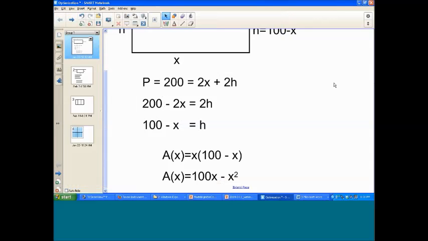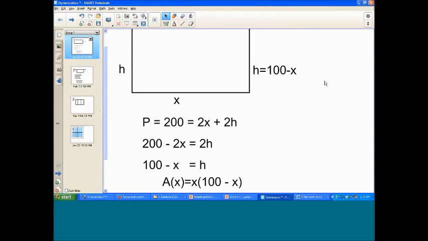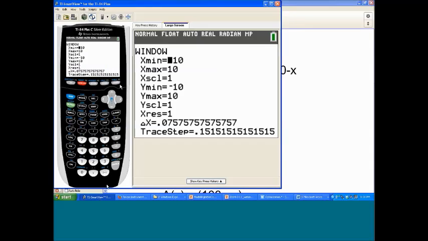Going back to our diagram here, our visual representation, we've got a total of 200 feet of fencing. My h is going to be 100 minus x, so x could be 0 or x could be 100, and so that's going to help us set our x minimum and x maximum. And then we're going to go down and also try to get an appropriate y minimum and y maximum. And I don't really know what the y maximum is going to be. I'm going to start with 1,000